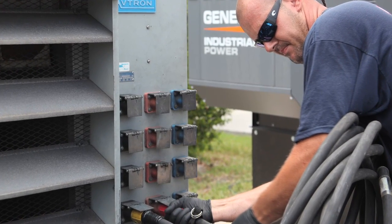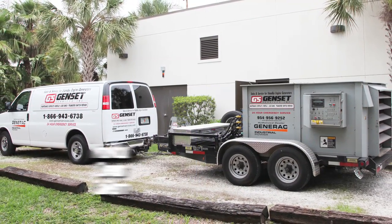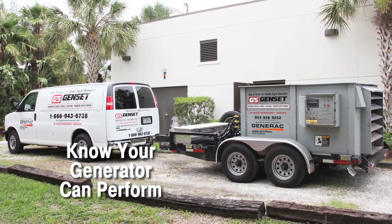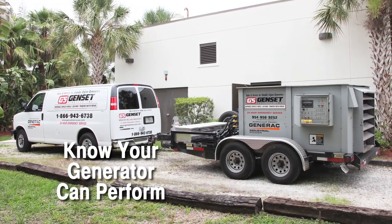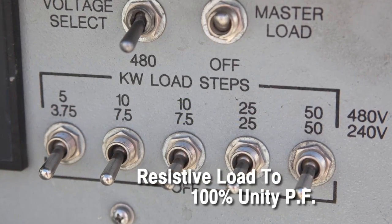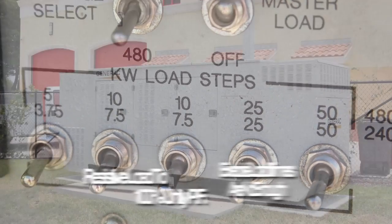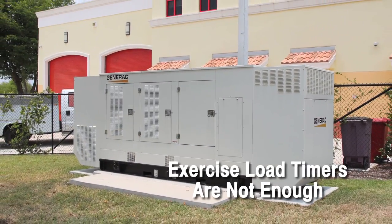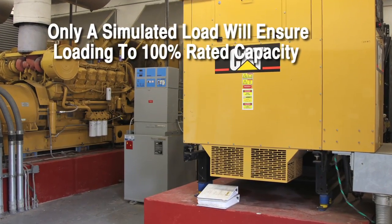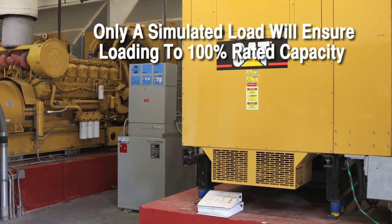Only loading the generator to its assigned load will verify if, in the event of a power outage, your standby generator set is capable of carrying its assigned load. The industry standard is to load bank with resistive power. This loads the generator section at 100% unity power factor. Loading by switching the system load to the generator is not an adequate test. Only a simulated load bank test will ensure the generator system is loaded and tested to 100% of its rated